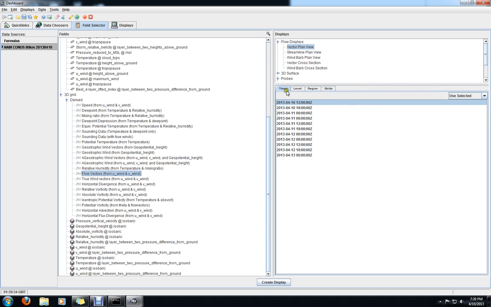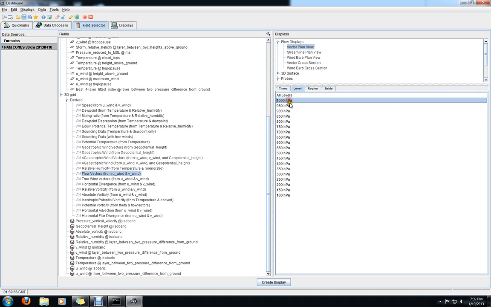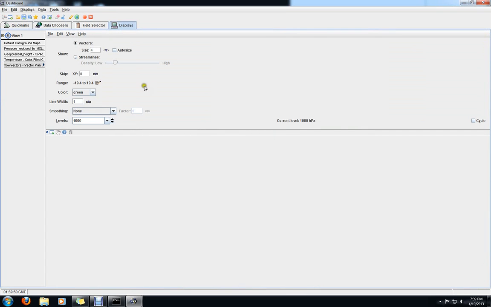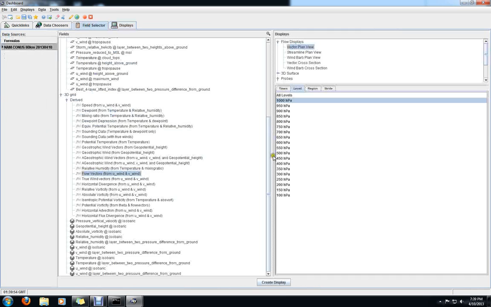We want to go ahead and keep that same thing. First one, so we're going to need 2 levels for this one to be able to do vector subtraction to find the thermal wind. So the first one, we're going to do it at 1,000 hectopascals. And the second one, we can just go and jump right back over. It's already on that, so we're going to go ahead and click the 500 hectopascals,